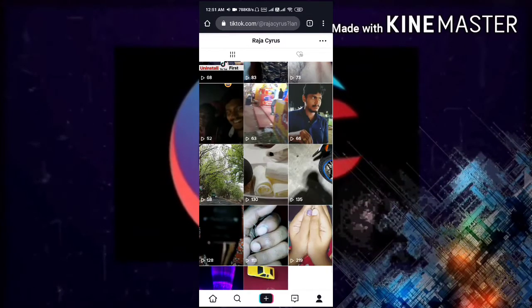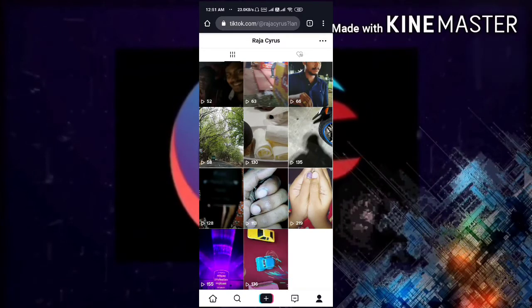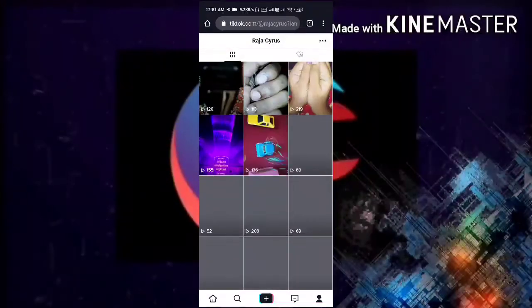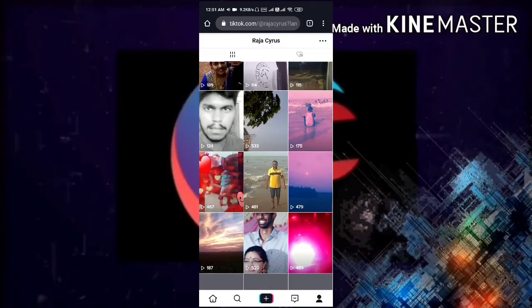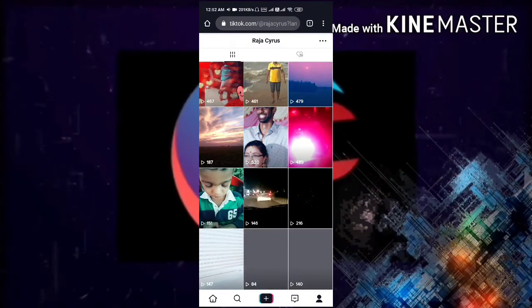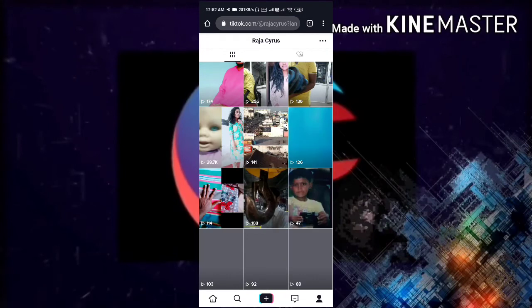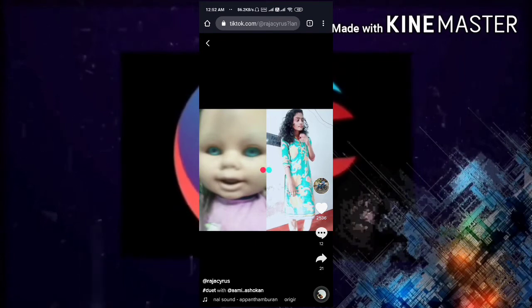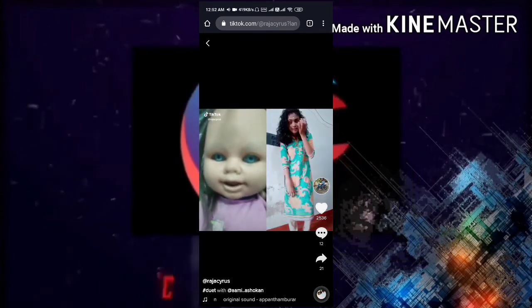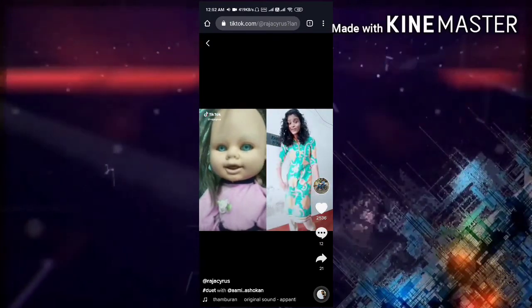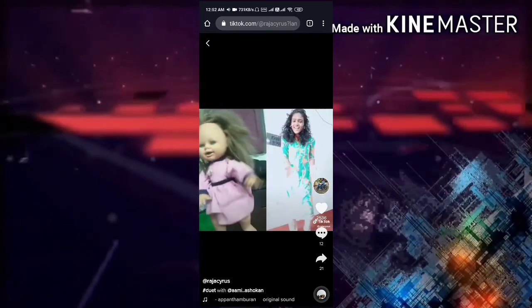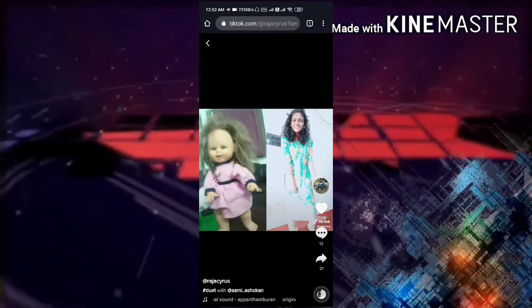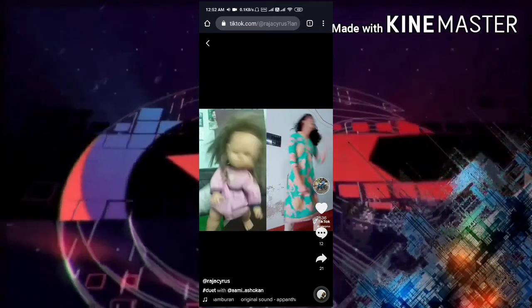You can also log into your My Account option to see your own posted videos, what you have posted once you have been using TikTok. You can also view your own videos. I will also post a video regarding downloading your videos from TikTok after the ban from the Government of India. So let's see whether my videos are playing. And yeah, my videos are playing quite normally.